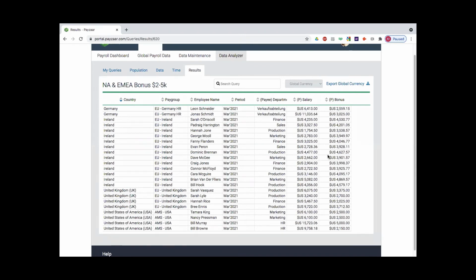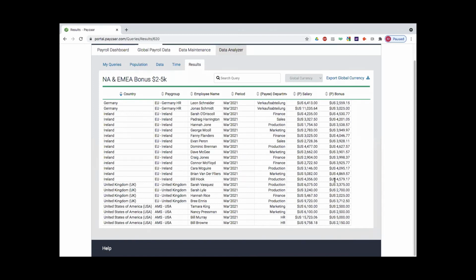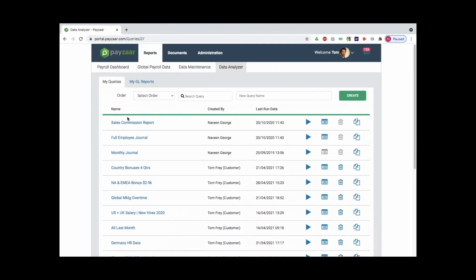I can decide what pay elements, what data points I want to have in the report, and I can set certain conditions that I want to shape the data by in order to get to exactly the kind of data set that is important to me,